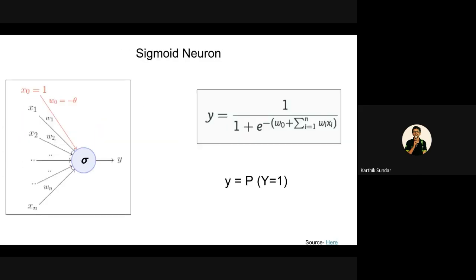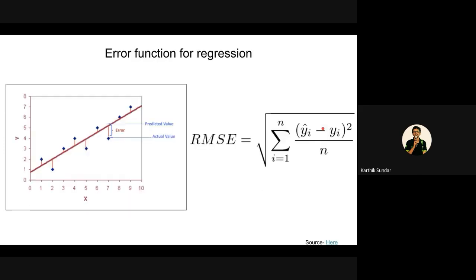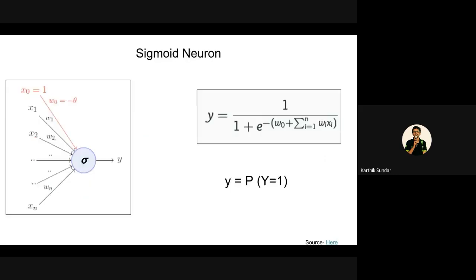But again, like any other machine learning algorithm, we need to learn the weights. We need to learn what W0, Wi, and everything is. So that's when gradient descent came into play. Before that, we'll just touch upon some functions for regression. So whatever we discussed before with neurons is for classification, whether it's 0 or 1. But you need not restrict yourself to classification, right? This y can be any real number. If you're trying to predict a real number, it turns into a regression problem.